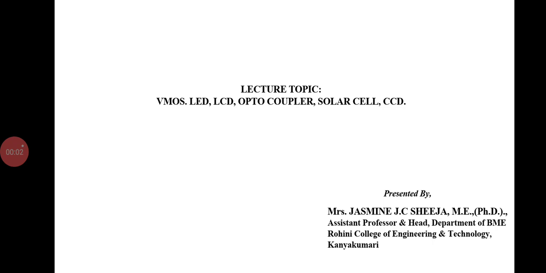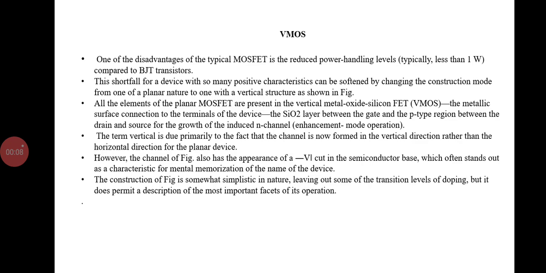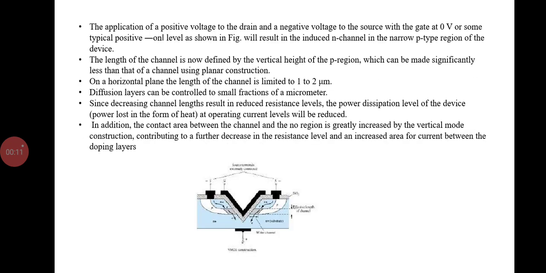Let us see about VMOS, LED, LCD, optocoupler, solar cell and CCD. VMOS. While we are seeing this VMOS, one of the disadvantages of the typical MOSFET is its reduced power handling level compared to the BJT transistor. The shortfall of a device with so many positive characteristics can be softened by changing the construction mode